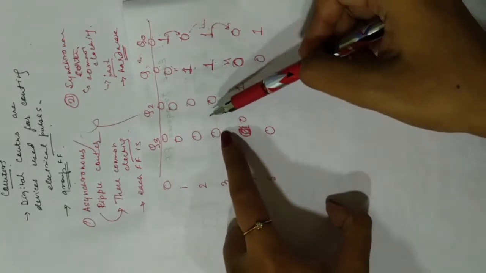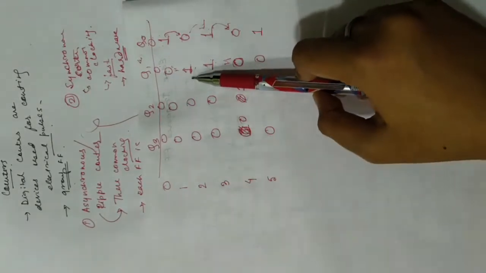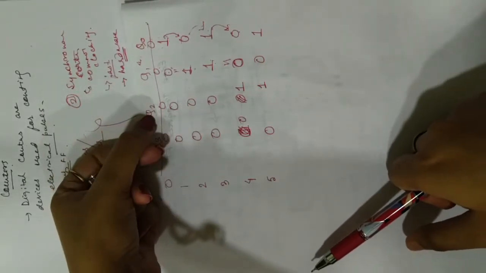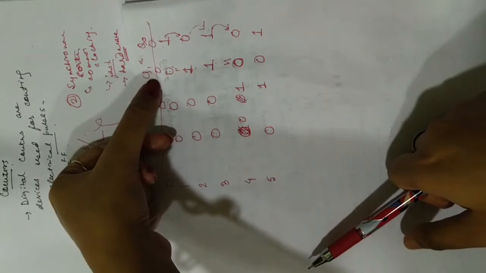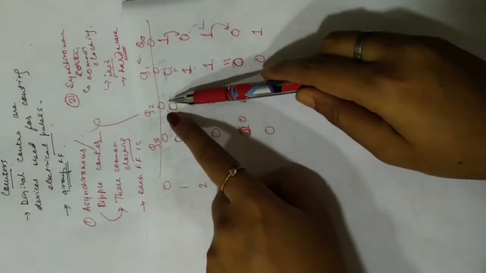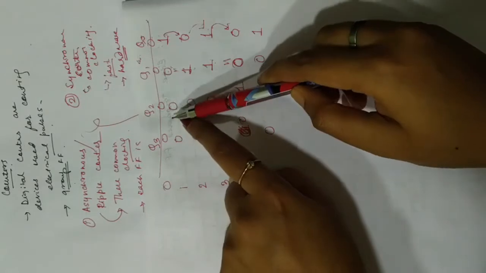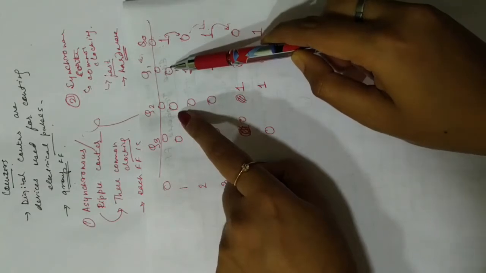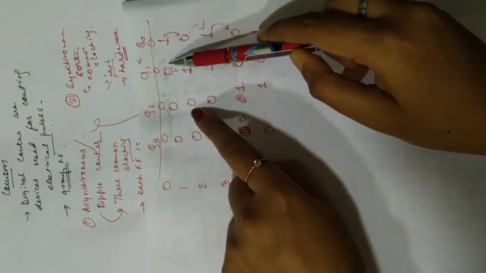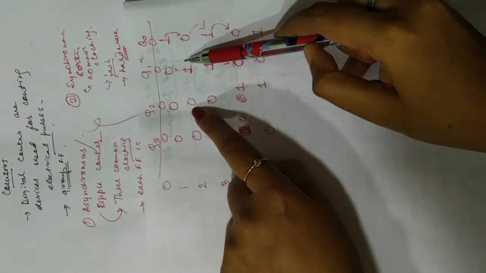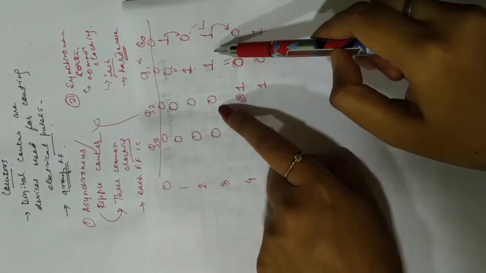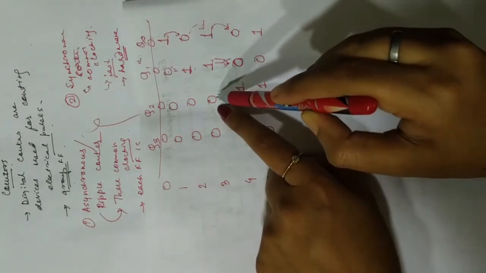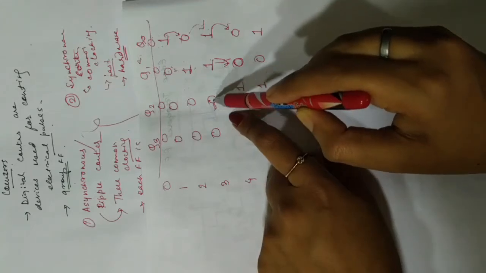Now if you come to Q2 and you want to draw a relationship between Q2 and Q1, you can see again Q2 changes its state only when Q1 changes from 1 to 0. See, we started with Q2 0, Q1 0. When the first clock pulse is applied, Q1 is still 0, so Q2 is also 0. On the second step, Q1 changes from 0 to 1, but Q2 remains unchanged. Similarly in the third step, but in the fourth step, when Q1 changes from 1 to 0, our Q2 changes. Our value of Q2 immediately changes.